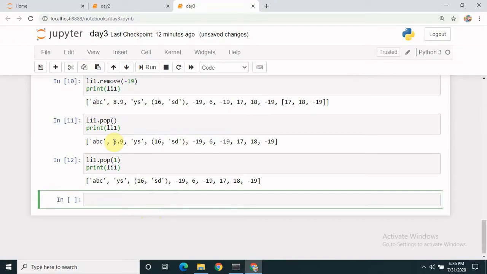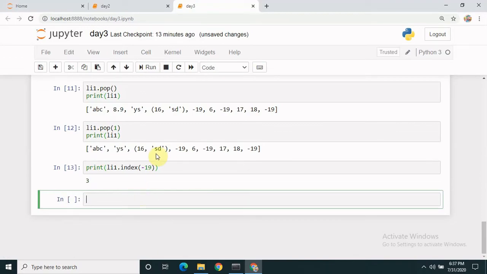Lastly, finding the index of an element. Well, it's pretty simple. Say print li1.index of the element. Notice it gives the index of the leftmost occurrence of the element.